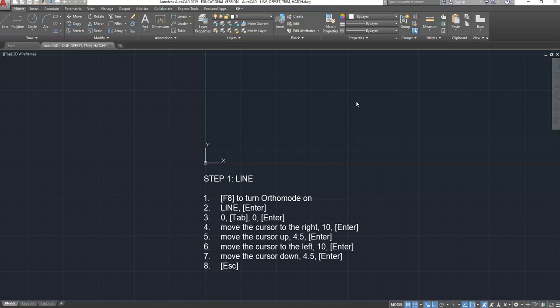Hello class, today's figure is 4.55b and we're just going to go ahead and dive right into this. So go ahead and type in the line command and press enter,